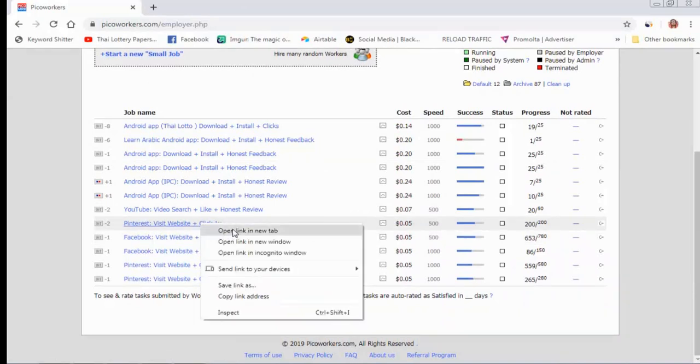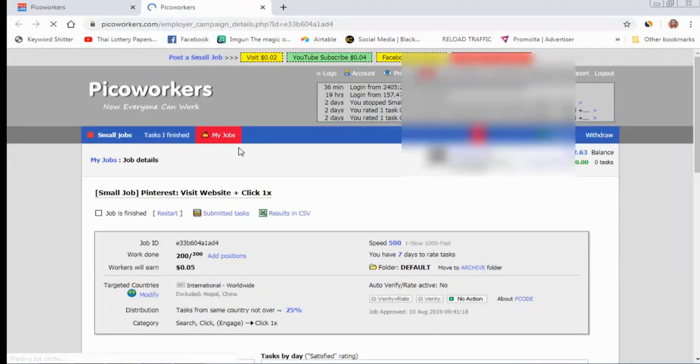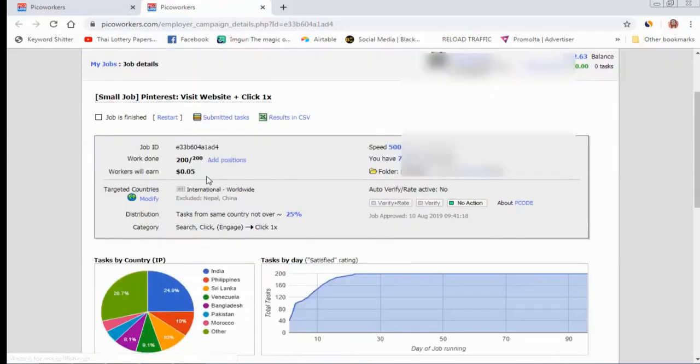Then I go to this campaign and you can check here. I have run this campaign for 200 people and I need 200 clicks. Okay, this campaign is now finished. 200 people already clicked on my website. So if I need new clicks from new IP addresses, then I need to click here, add position.